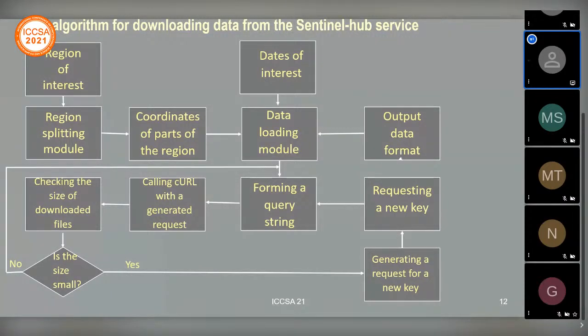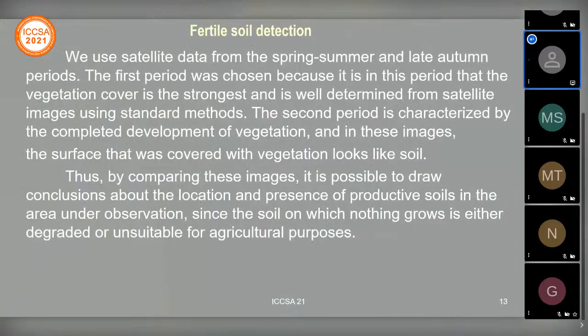We use satellite data from spring, summer, and late autumn periods. The first period was chosen because it is in this period that the vegetation color is the strongest and well determined from satellite images using standard methods. The second period is characterized by completed development of vegetation, and in these images the surface that was covered with